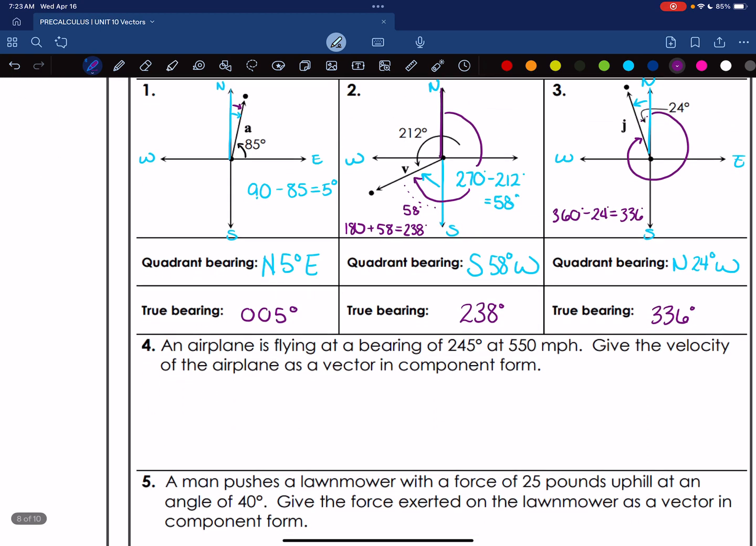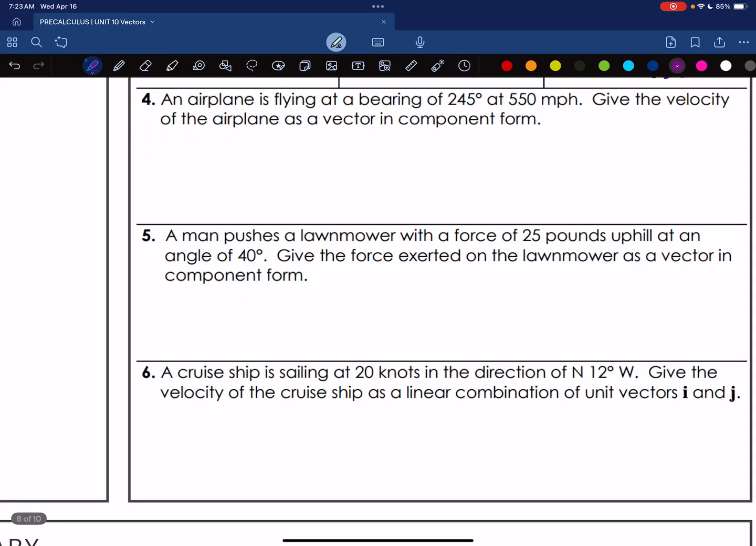Okay, so that was just looking at some diagrams. Now let's look at some application problems. An airplane is flying at a bearing of 245 degrees at 550 miles per hour. We're going to give the velocity of our airplane as a vector in component form. All right, so when in doubt, let's draw it out. So here is our little coordinate plane,